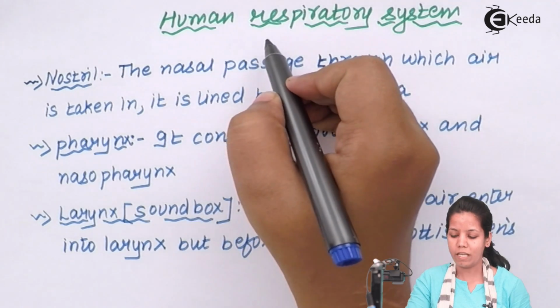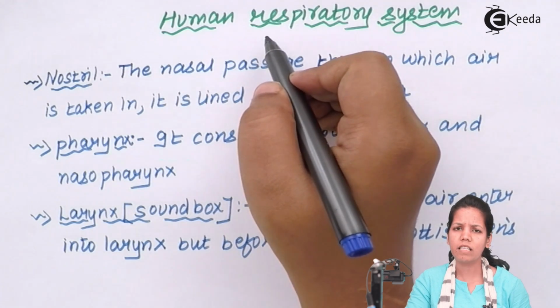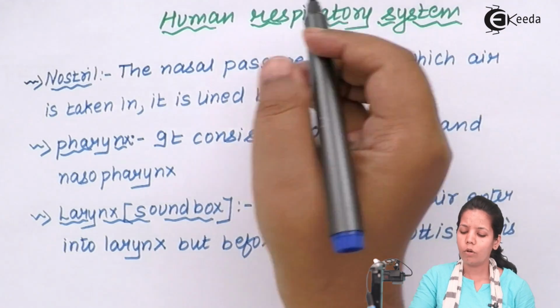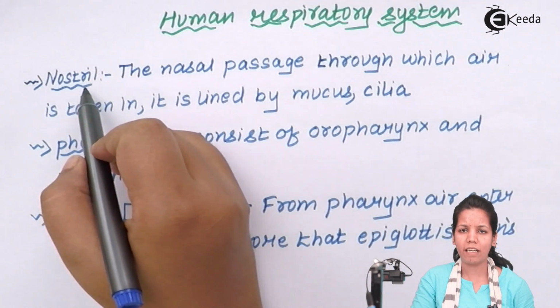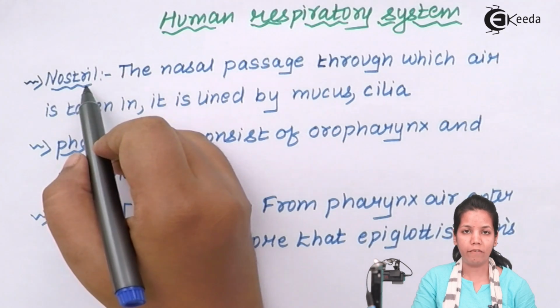The human respiratory system. Basically, the human respiratory system consists of a number of organs, and the first one is nostrils, or you simply say nose. Now, nose, every one of us has two chambers. One is the left chamber and another one is the right chamber, which we call the right nostril and